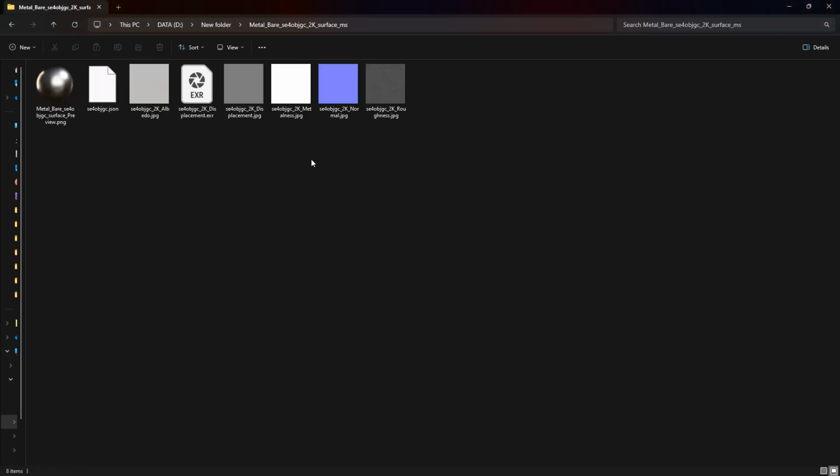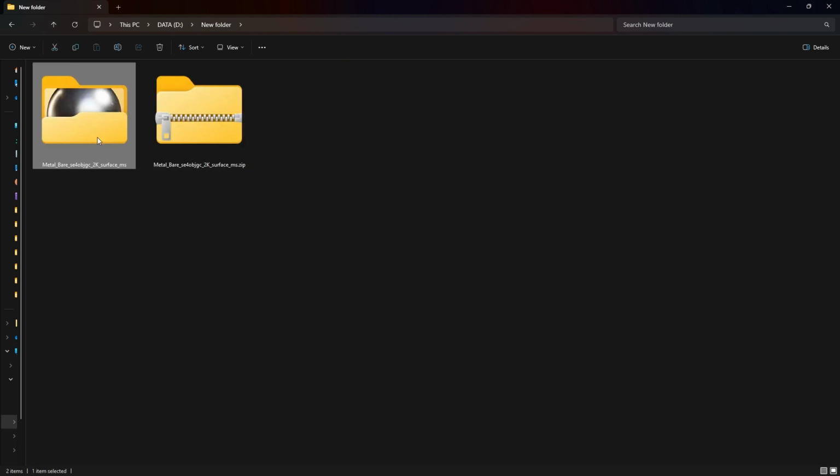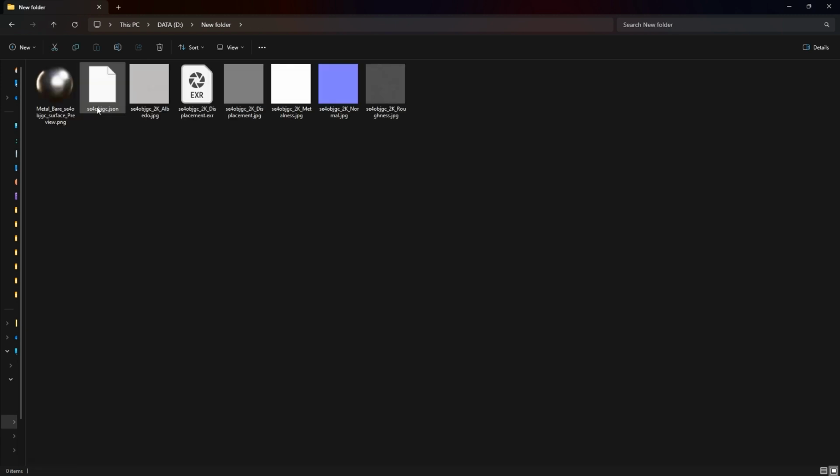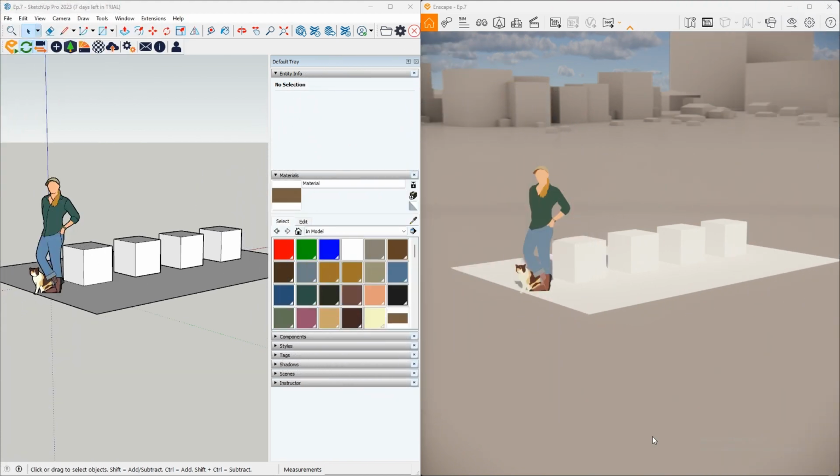Now, if I click into the opened folder, you can see that now it no longer has that zip icon. All my files are there. Once you've finished downloading all your textures, you're going to be ready to move into